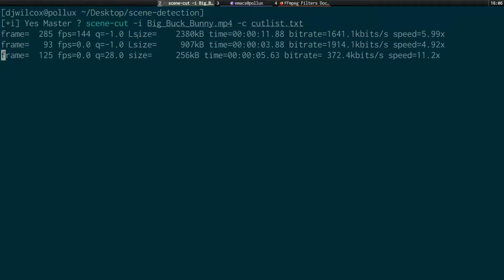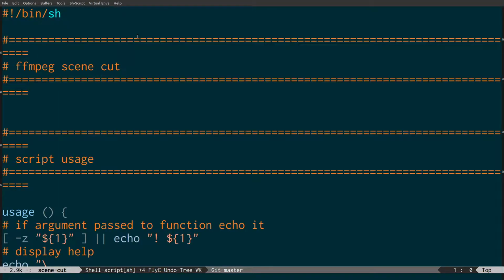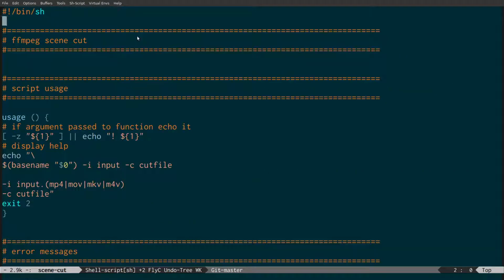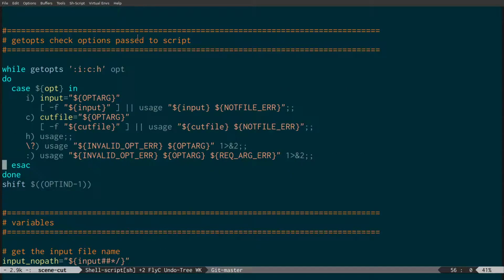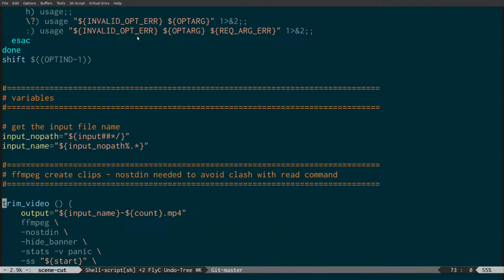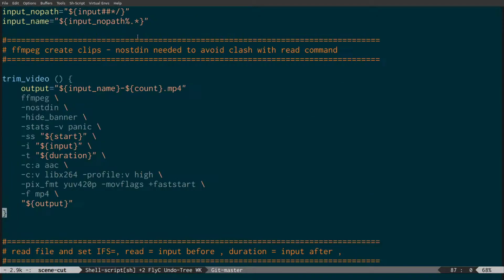While that's going through, I'm going to go through this script. Again, we've got the usage, the error messages, the getopts, where we can specify the options we're passing to the script, like -i and -c for the input and the cut file. And we check if they're a file, and if they're not a file, we exit. And again, down here is the way we get the file name of the input file. And what we've got down here,